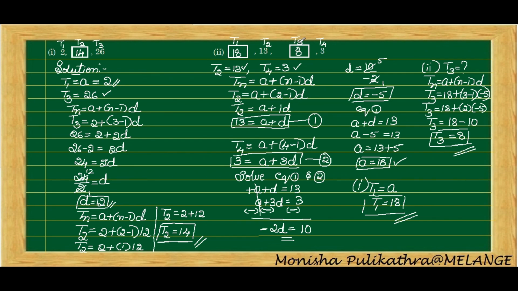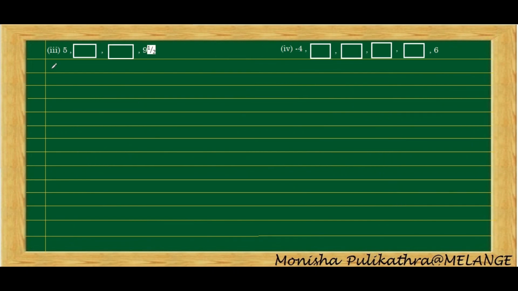So this is the way we need to solve if they give a question like this. Hope you understood. It is not confusing, because we only need to apply the Tn formula and solve the equation. Thereby we will get the answer easily. So let us move on to the third problem here.